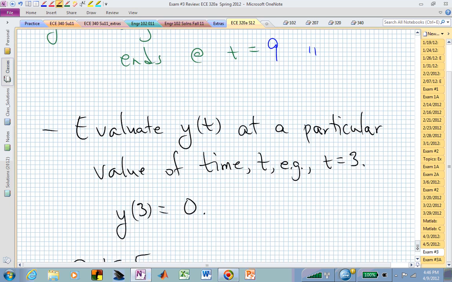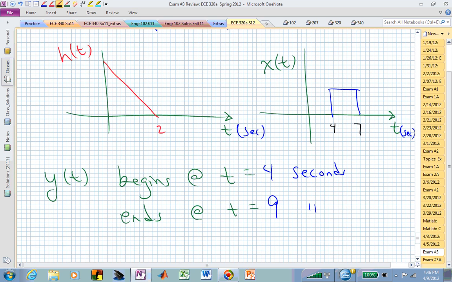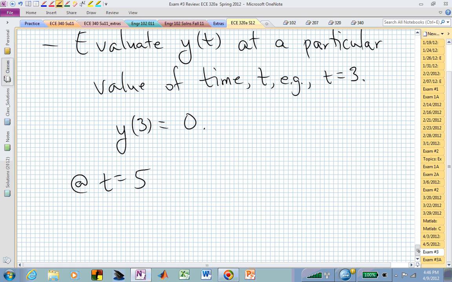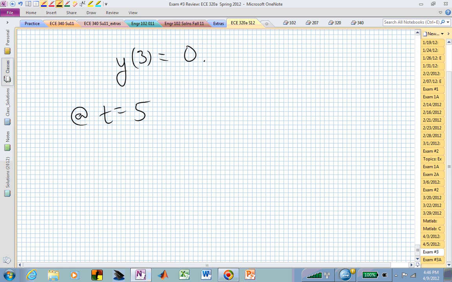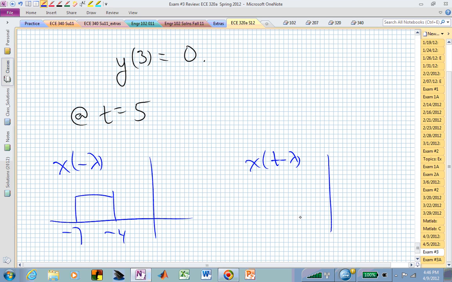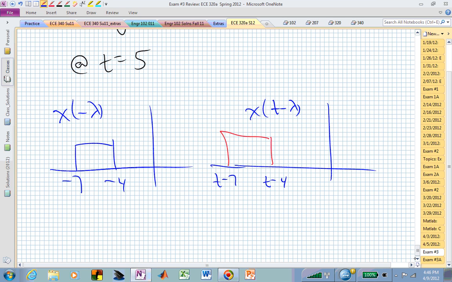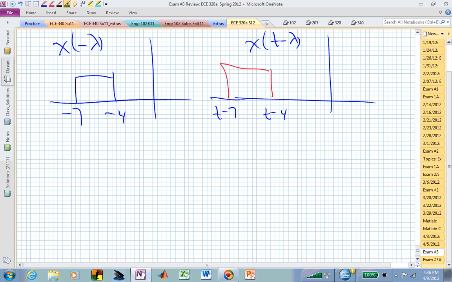at t equal 5. Now will you have a non-zero value for an output? Do you expect something of y of t? If you were flipping and sliding x of t, x of minus lambda now looks something like this. X of t minus lambda looks like that. And now we're going to slide that through